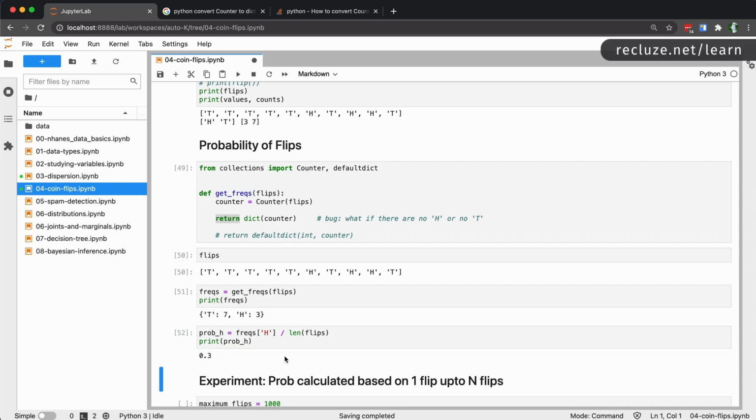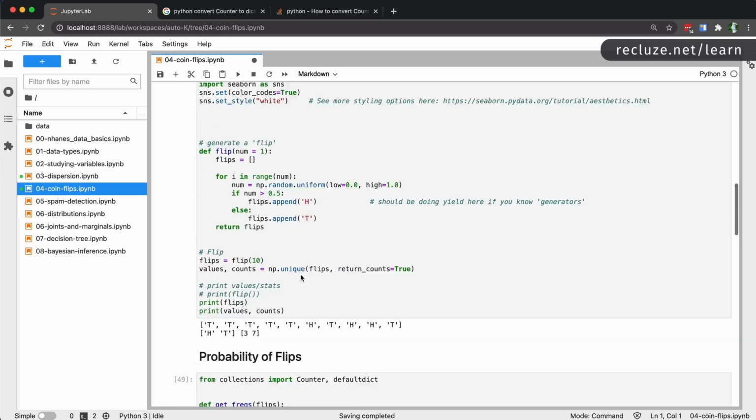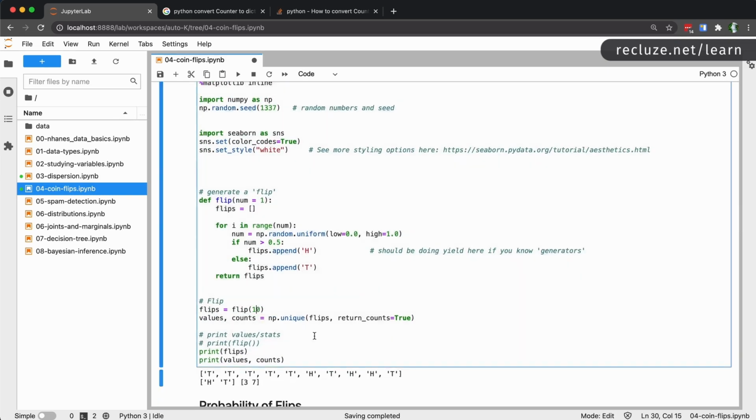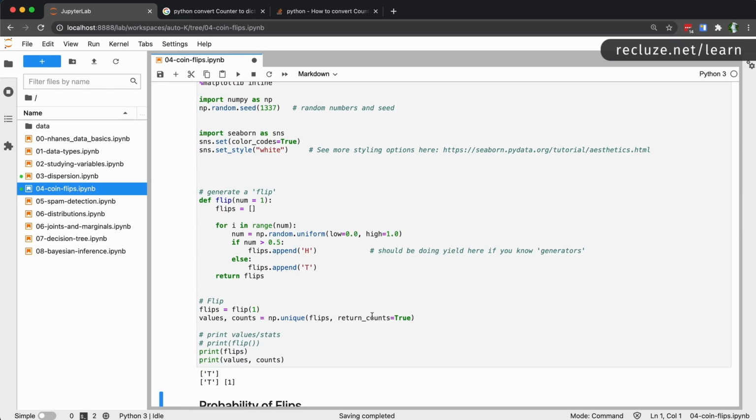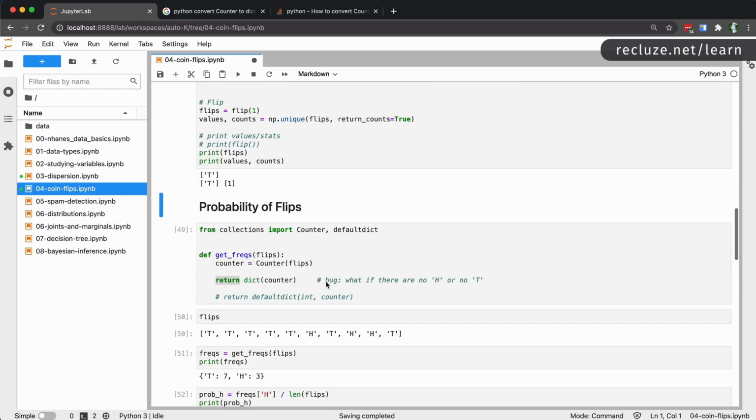Now, this is another very slight problem that we have with probabilities. All the outcomes need to have a probability. You cannot say that the probability of H is not defined. It's not there. It can be 0, but it has to be there because it's one of the possible outcomes. So in order to demonstrate that, let's go ahead and do an experiment with just one flip. So this comes out as tails.